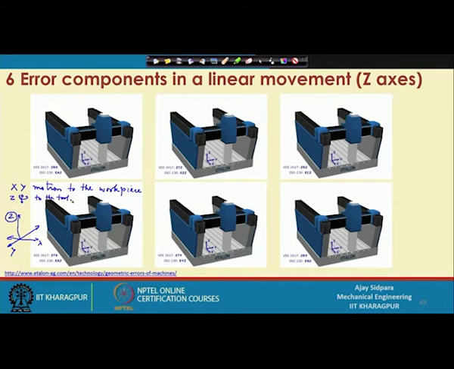tool. So, the importance of the z axis is also very high, because if you get some error, it will be directly connected with the tool. Here x and y is the same thing, but it is more connected with the workpiece material, because we are giving motion in the x y direction to the workpiece, but mostly z to the tool direction.